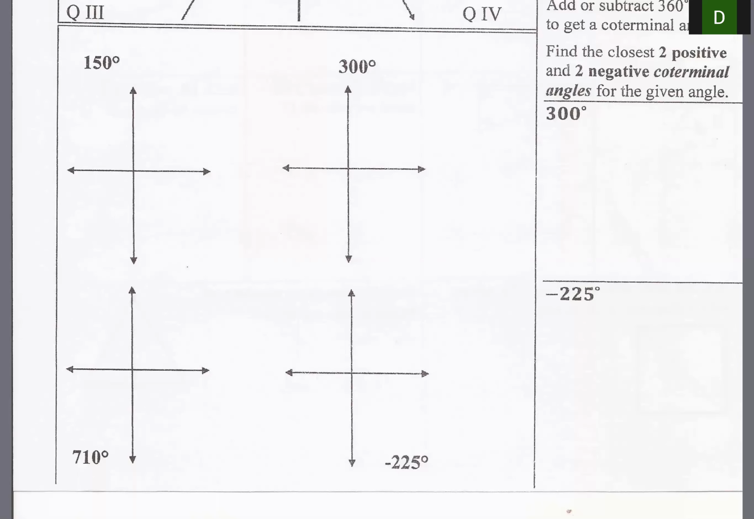Okay, so here I'm going to always start with the initial side, which is the positive x-axis. So this will always be your initial side. The side that changes is the terminal side. So if you want to do a 150-degree angle of revolution, also called angle of rotation,